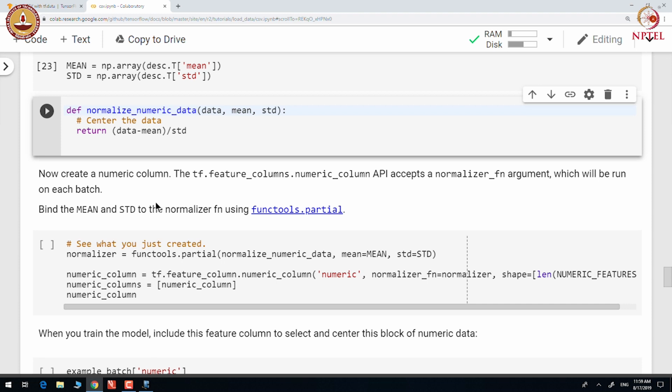Now, we create a numeric column with the tf.feature_columns.numeric_column API and pass the normalization function as an argument. The normalization will be run on each batch.